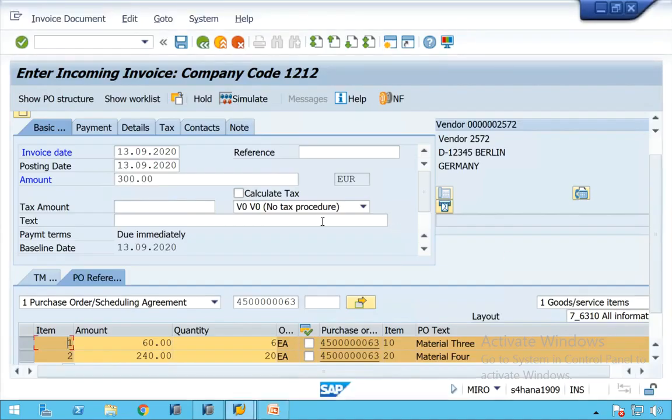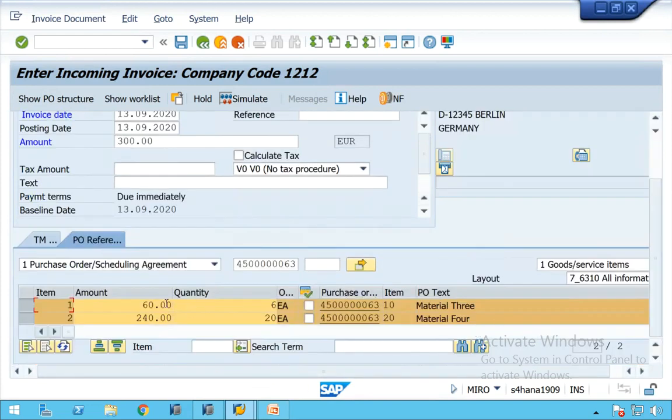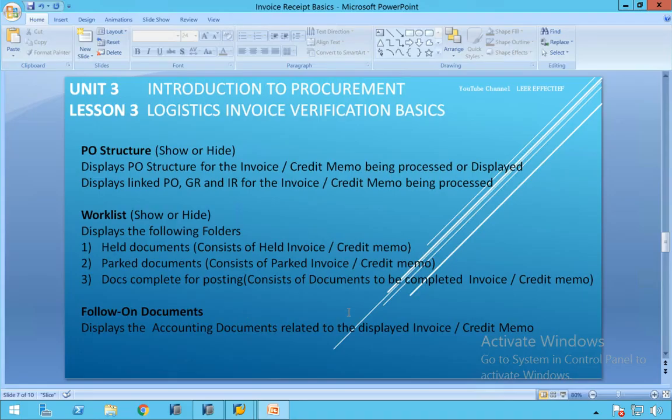Now we'll go here. I will explain account postings in a simple manner after posting this invoice. Let me explain the remaining things first, and we will not post until we explain all the areas. Now we understood what is follow on document.